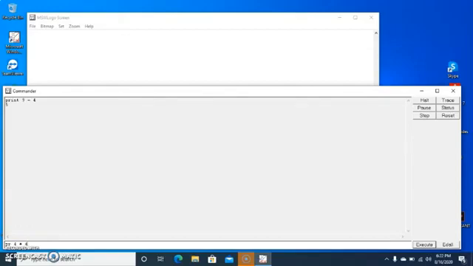Then again any number of your choice, press the space bar and then press enter. That multiplication sign is called an asterisk mark, and we cannot use the cross sign that we use in our daily life as multiplication. We have to use the asterisk mark.